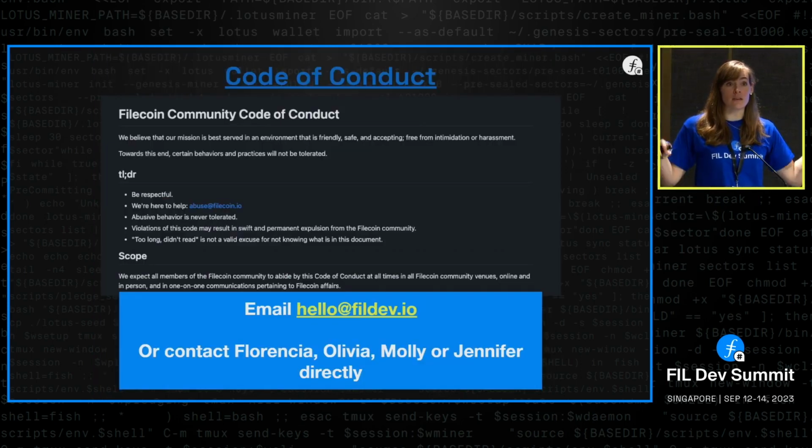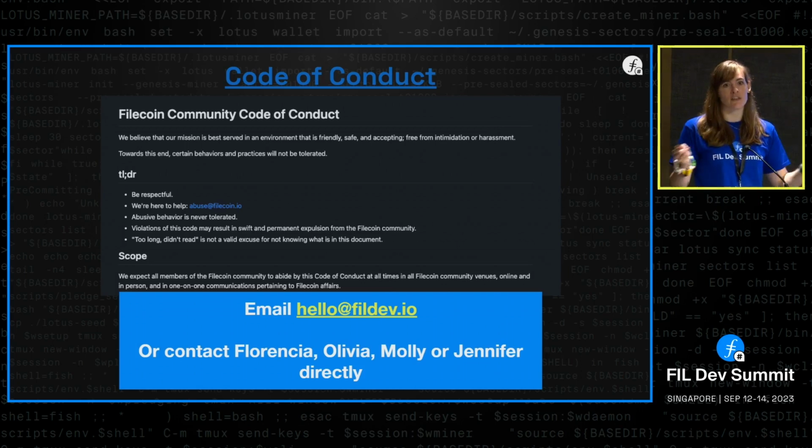Everything that we are doing here in this entire FIL Dev Summit abides by the Filecoin Community Code of Conduct. Please do not harass anyone. Please be respectful. Please be open to new ideas. We're going to be talking about things that people probably disagree about. That's normal. That's expected. Talk about the disagreement. Talk about the work. People are well motivated in coming from different sides. Be open to hearing other perspectives. Be receptive, and keep the focus on discussing technical disagreements.